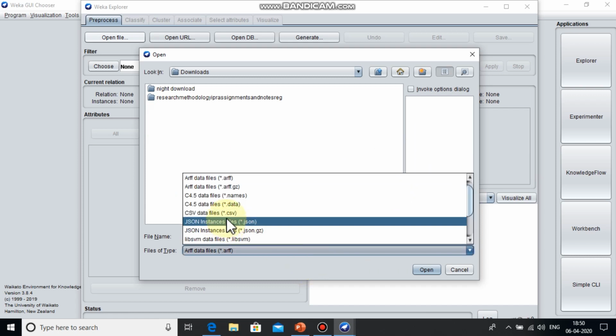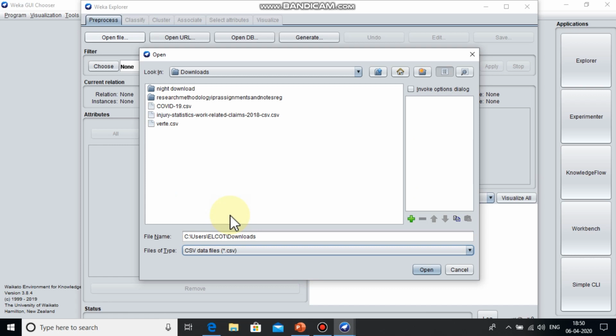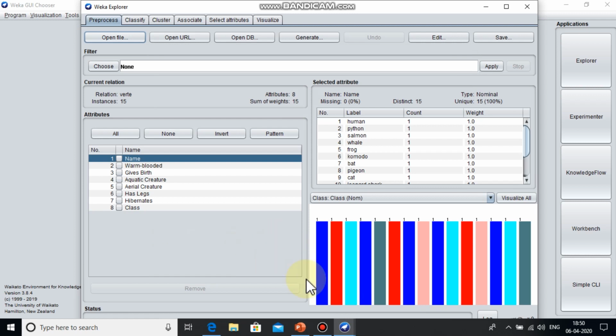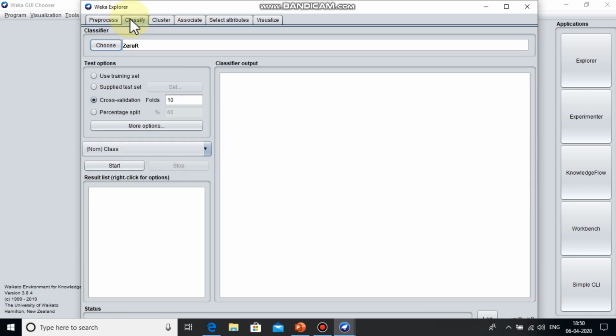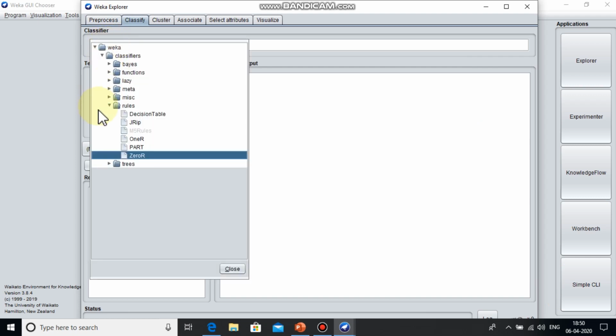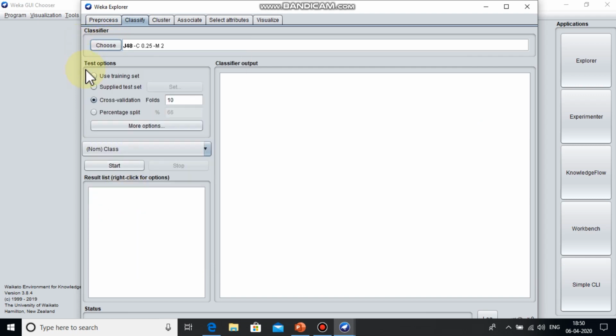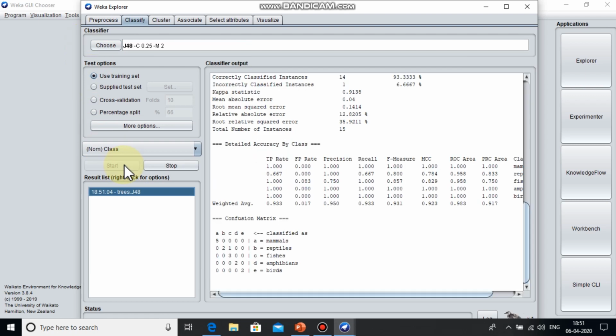Select the file type as CSV, select your file name, click Open, and immediately you can see the data sets being pre-processed. Now we have to go to Classify, select the classifier as trees J48 and the test option as use training set and click the start button.